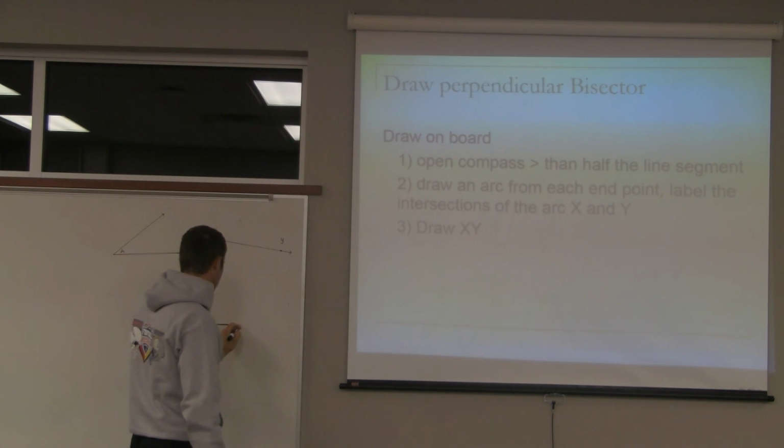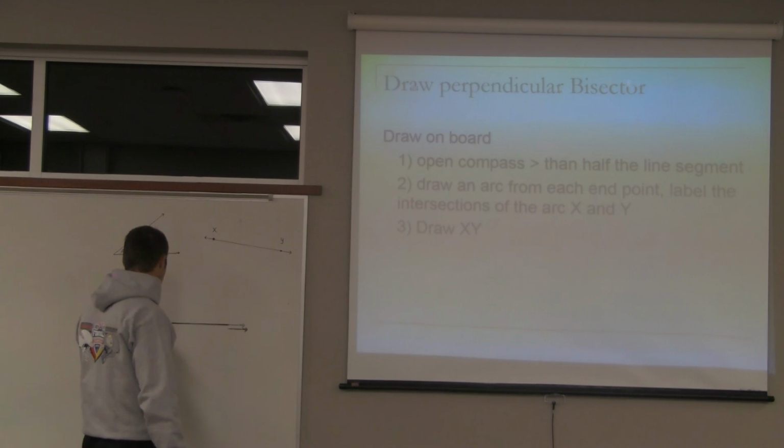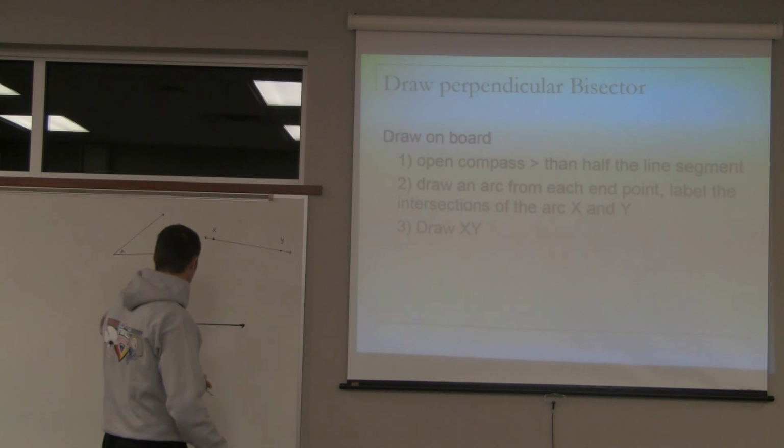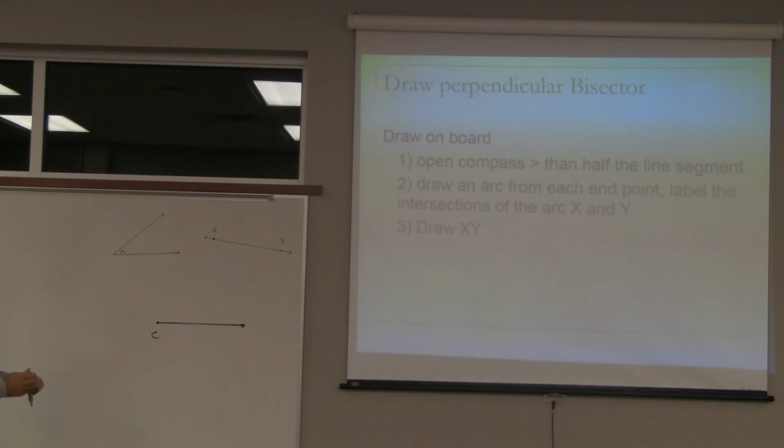All right, we'll call this ray C. We'll just label the ray C. We won't label that point there. So if I want to draw something that's congruent to line XY,